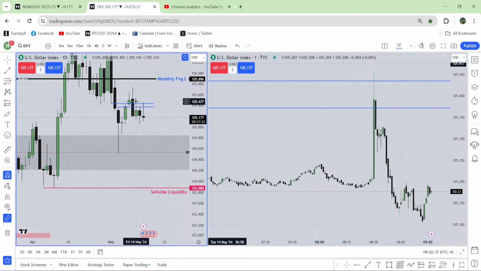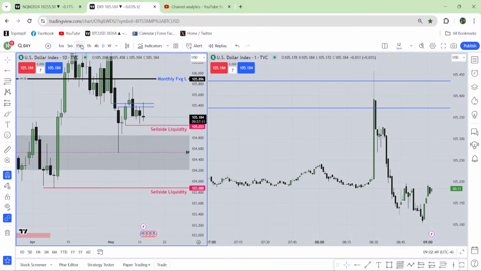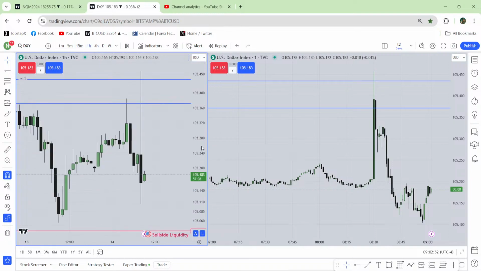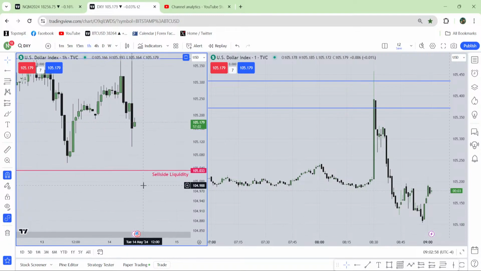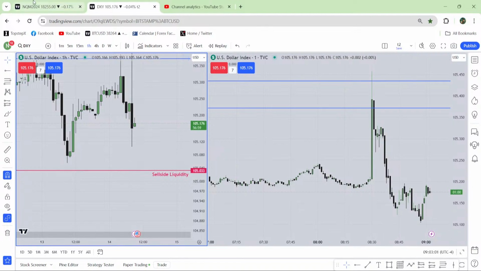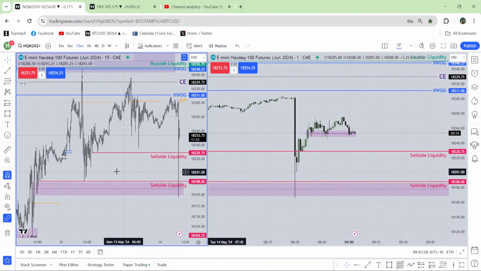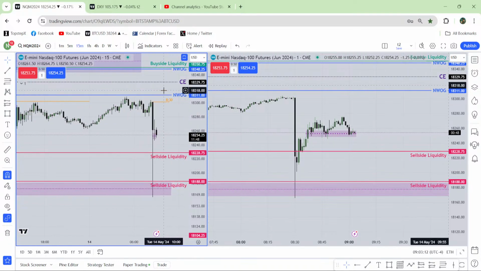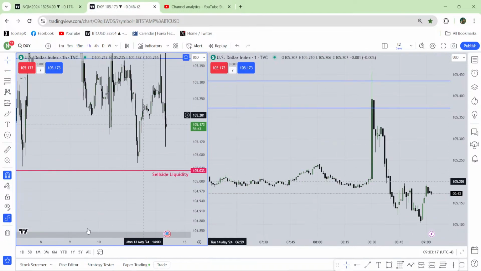So looking at this, dollar index, I'd say market is going for the sell side liquidity now. So I will go to the hourly chart over here. This is the new sell side liquidity. Maybe market will take this sell side liquidity. If it goes toward that sell side liquidity, NQ should go higher. I'm expecting that it will go higher as it has taken the most obvious sell side liquidity from there and there, all taken. It should expand higher toward that buy side liquidity, depending on that dollar index.